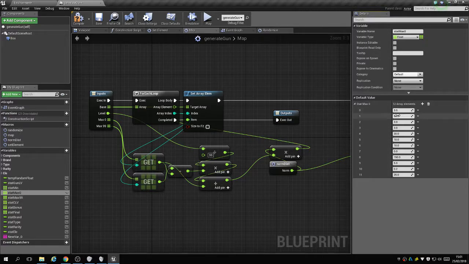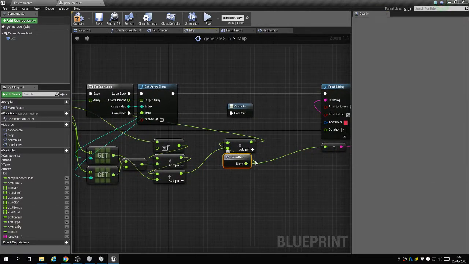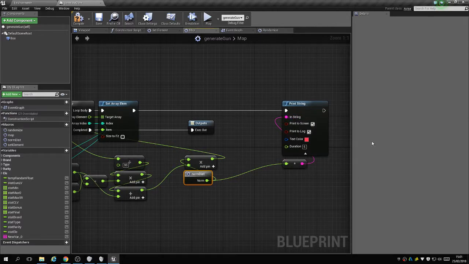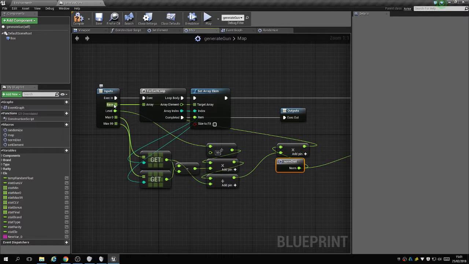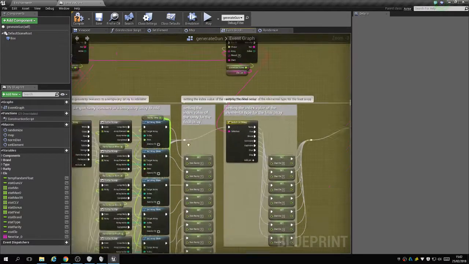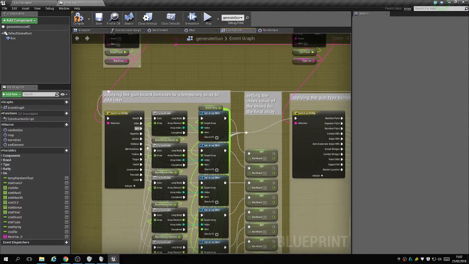So if the damage is 3 at level 0, and the damage is 500 at level 99, we just find 10% of the way there, and that's the average damage for a level 10 gun, for instance. And then we take a normal distribution on that, and just pump that out. We set this base array to that, so we have a sort of baseline, and then if I go into the event graph, every time we randomize one of these, for instance, the brand,